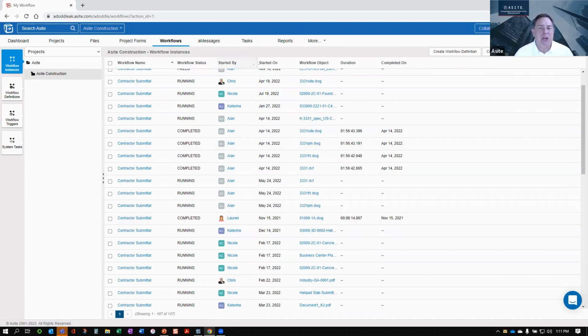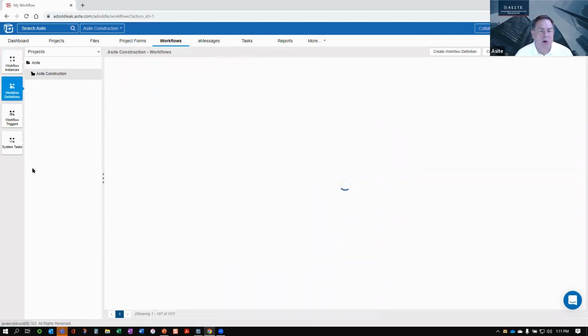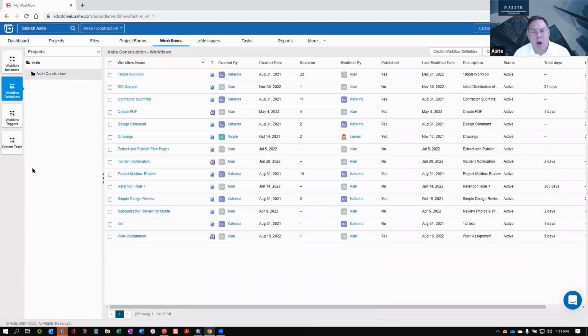So again, just another view. Originally, I was at the document going and looking at the workflow that was assigned. Now I'm looking holistically at all of the workflows that are running against this particular project and all the documentation. If I look at the workflow definitions, and this is really the heart of the visual workflow designer, is our